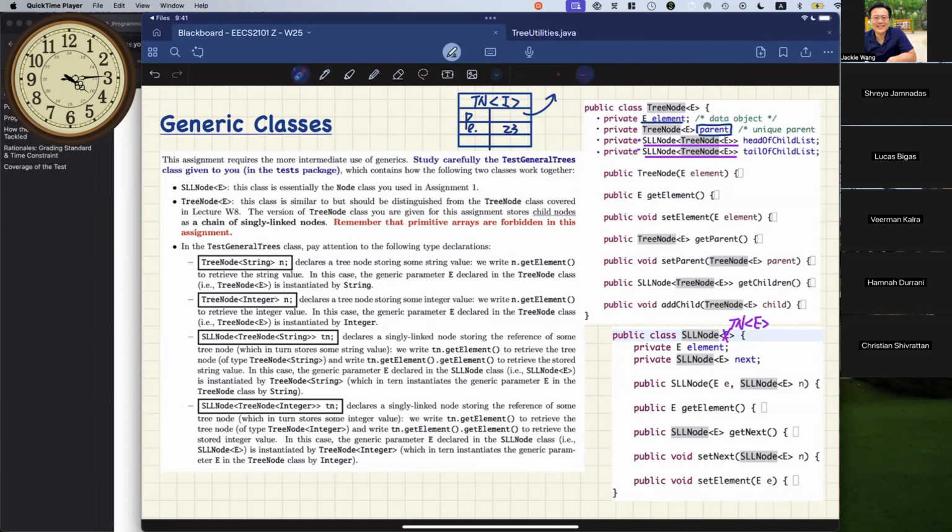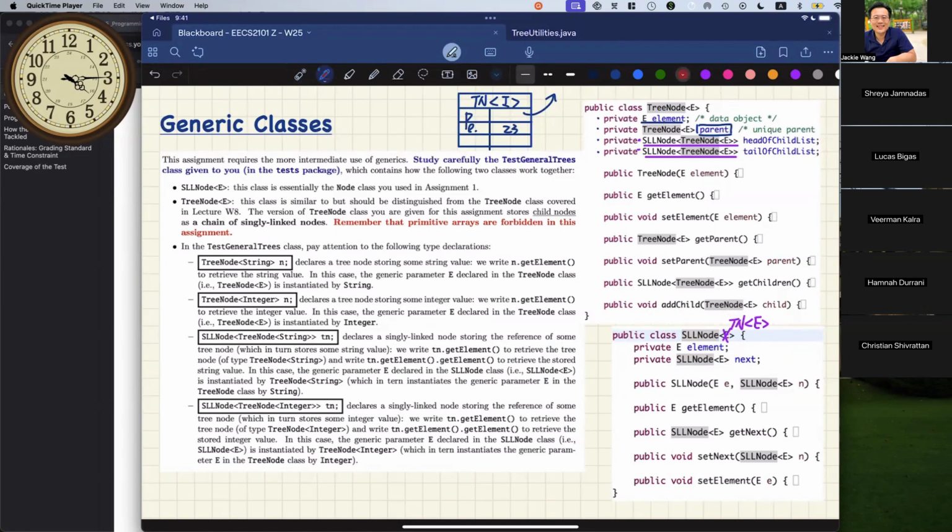When you say head of child list, it's a single node, like a head versus tail. The head, which refers to this particular SLL node, dot get element is going to return a tree node. If you want to extract the integer inside, you have to say dot get element again. I'll write it down. This is the kind of manipulation you will be expected to do.